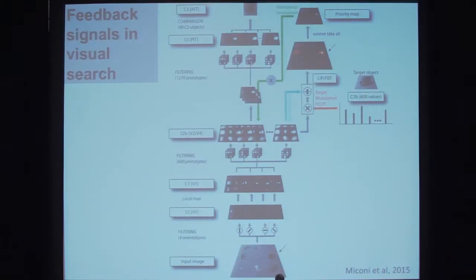So inspired by a lot of physiological recordings in macaque monkeys, we postulated a computational model involving feedback to try to solve this problem of visual search. In the interest of time, I'm not going to be able to discuss the physiology in detail, but everything we're talking about here in terms of the computation was significantly inspired by the work of people like Bob Desimone at MIT, Manuel Trujillo, and many others who studied the role of feedback signals in macaque cortex during feature-based attention or during visual search.